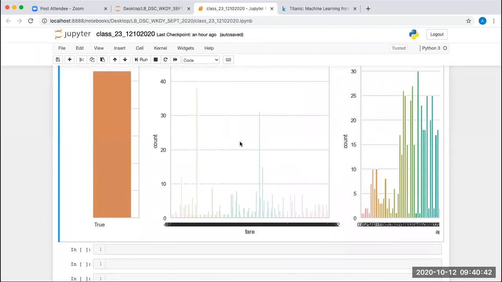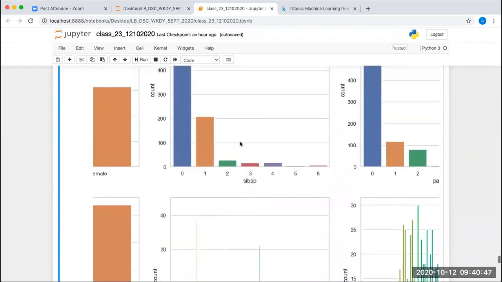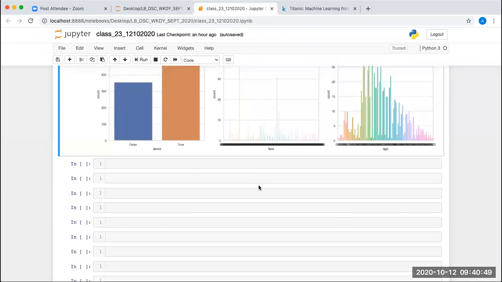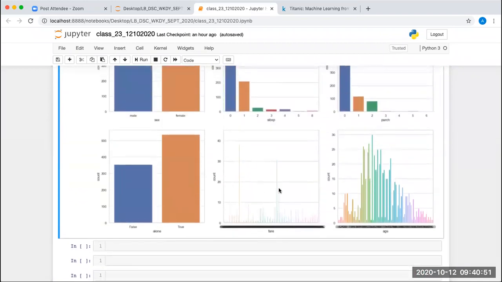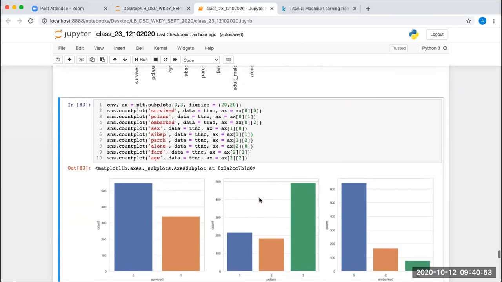We can use, if you remember, the dist plot. What this dist plot does is give you the distribution, the KDE distribution and histogram distribution. So can we use dist plot here for fare?